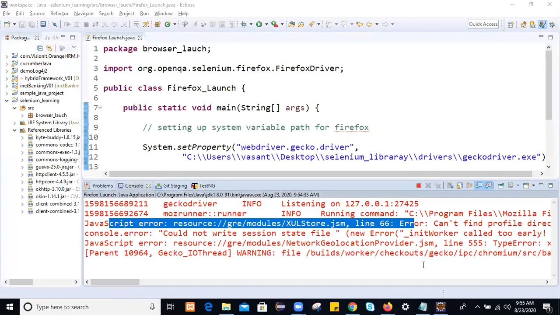It has launched the browser. Let's check whether it navigates to Facebook. Yeah, it's loading, and automatically it will navigate to Facebook.